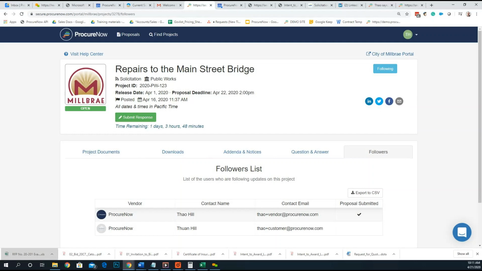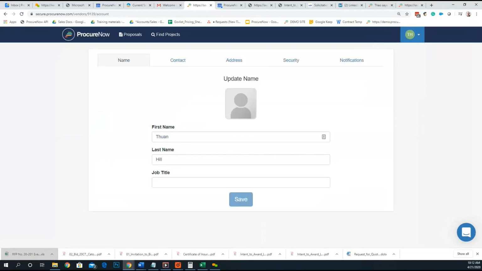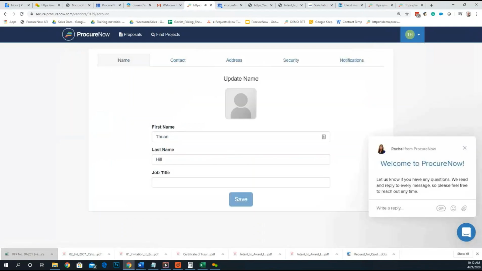Now, before I click submit response, I'm just going to come over here to my profile, and if I don't have a picture uploaded of myself, it's just going to give me my initials. You guys probably have experienced that in the internal application as well. But let's come over here and walk through the different things that they can do with their vendor account. So the first thing I would want to do is, if I needed to make any changes or typos,